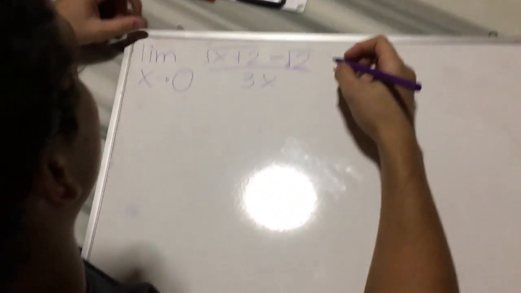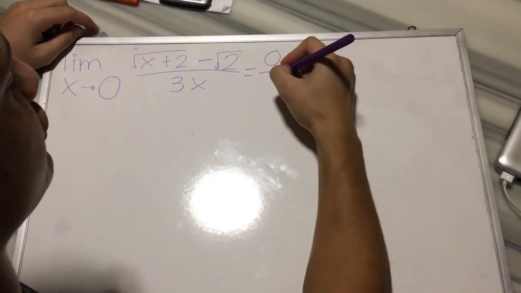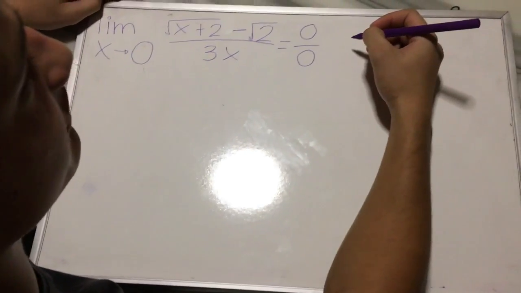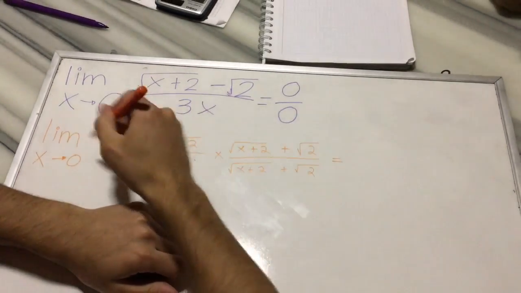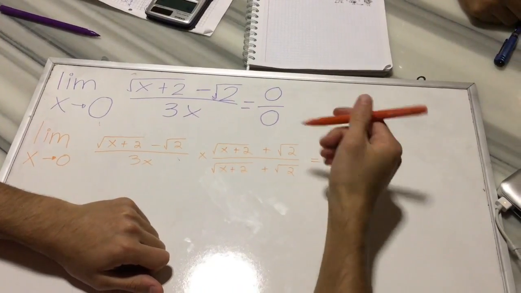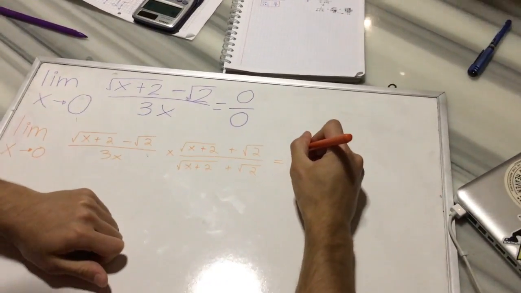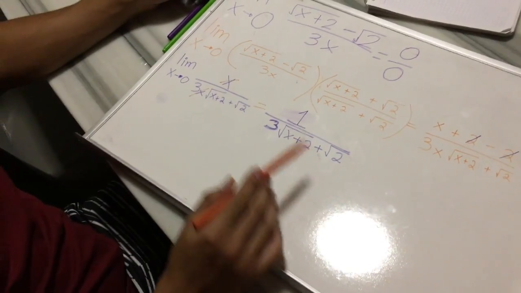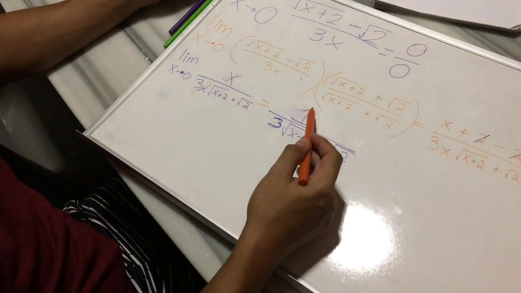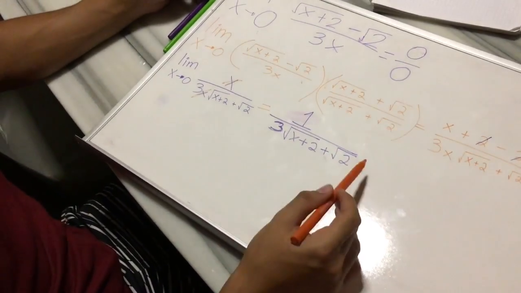After we substitute the 0 in the x, it gave us 0 over 0. So we have to do something. What we did was make the conjugate, multiplying what's on the top but with a different sign, on top and in the bottom. So what this gives us is, by canceling the x's, we have a 1 on the top, we cancel the x beside the 3, and we have this equation. So now,